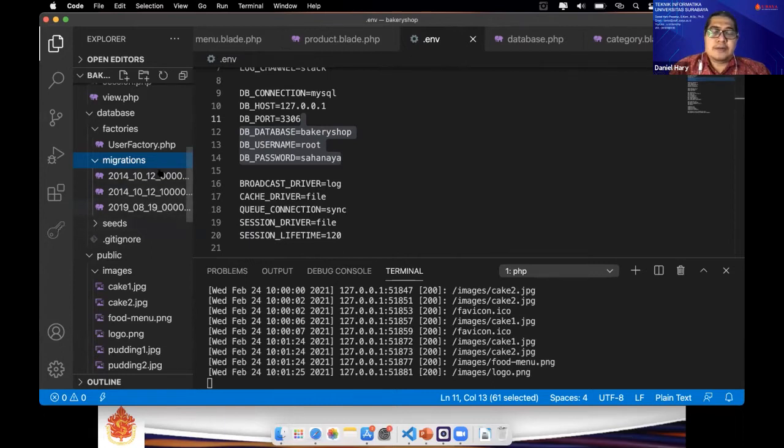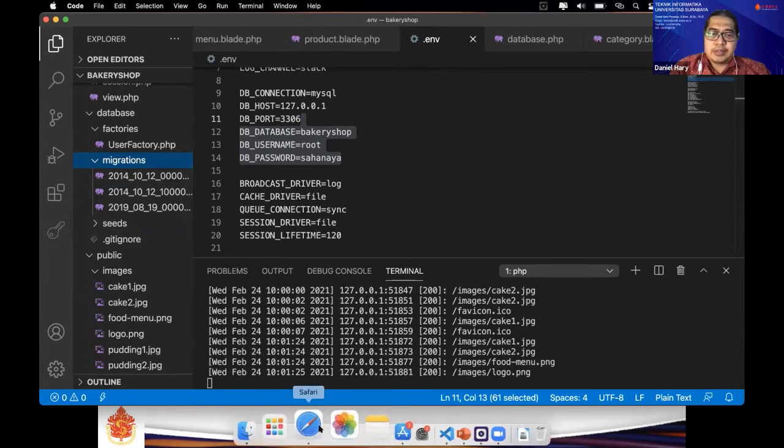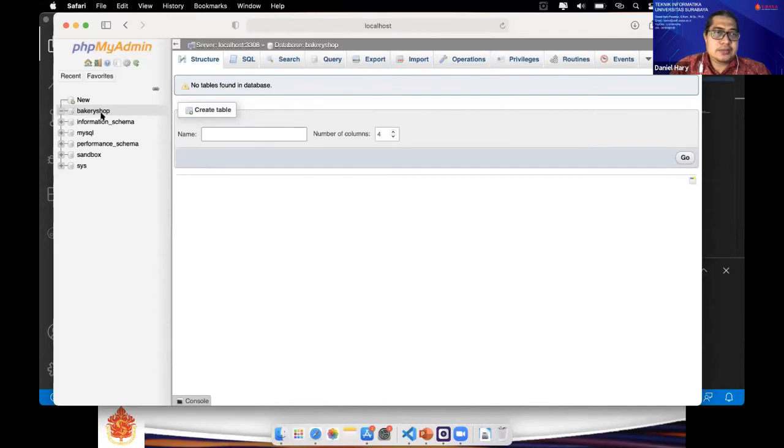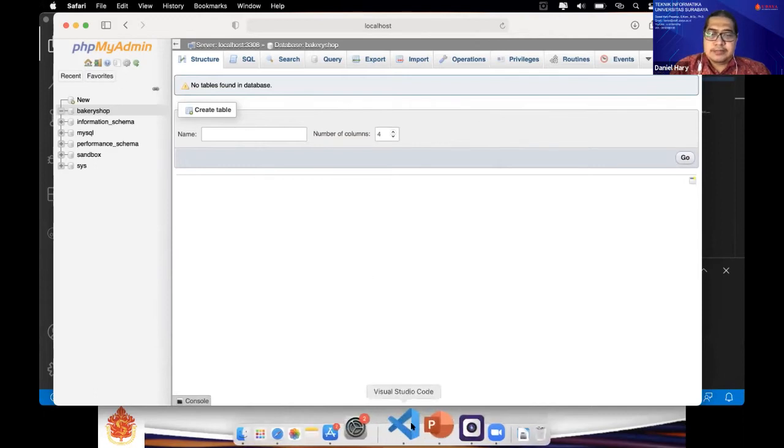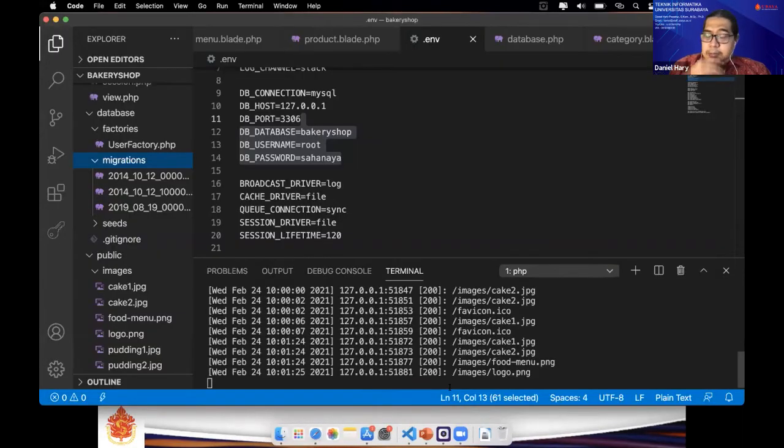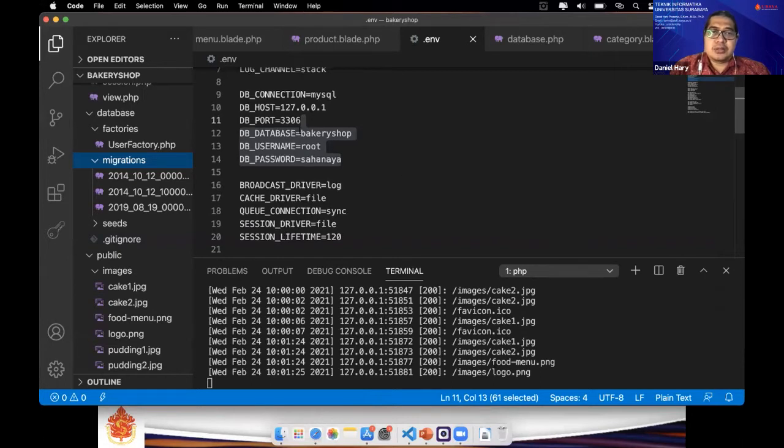If it runs successfully in our MySQL, there will be new tables: users, password resets, migrations, and failed jobs. We are not yet moving to the migration section, but we have to make sure that our connection is successful.